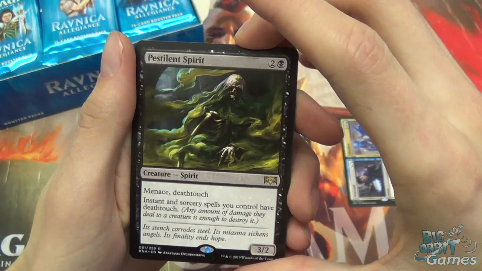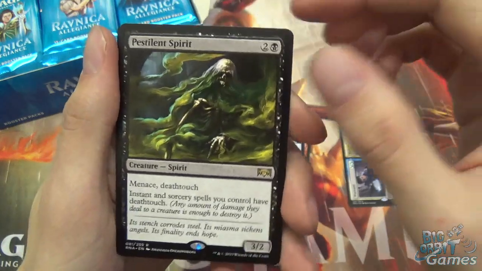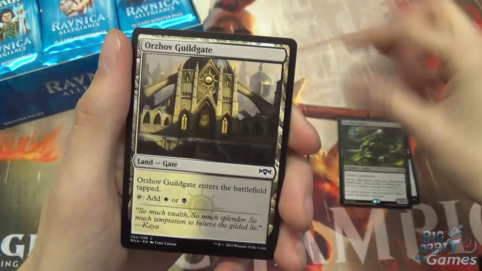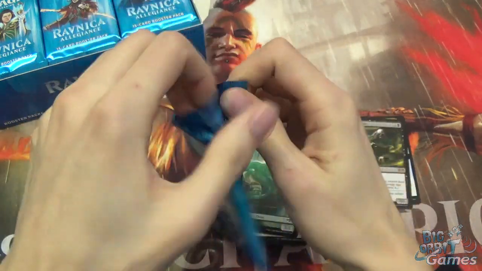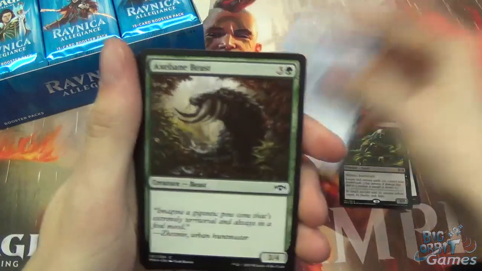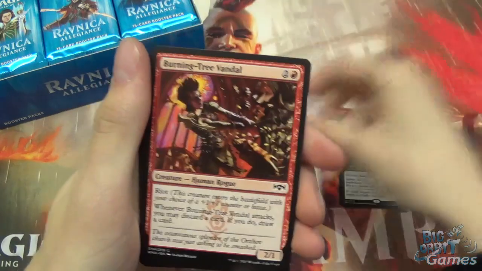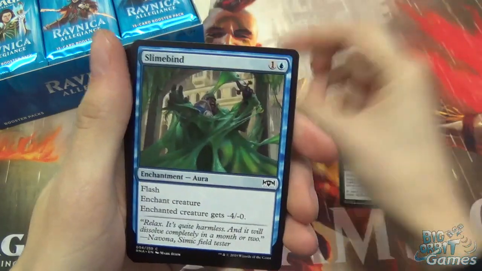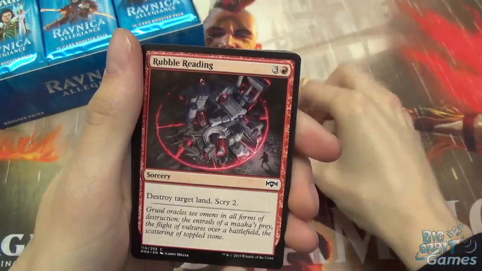Instant and sorcery spells you control have Deathtouch, so any little point of damage you can do to something will instantly kill it. Also a Guildgate and Ooze. Sage's Row Savant, Axebane Beast, Impassioned Orator, Rafted Demon, Burning Tree Vandal, Slimebind, Clear the Mind, Summary Judgment, Rubble Readings,